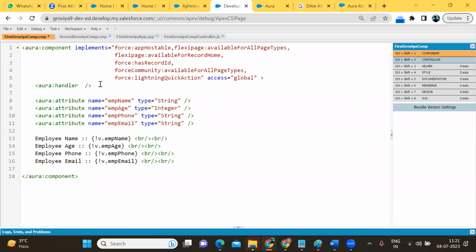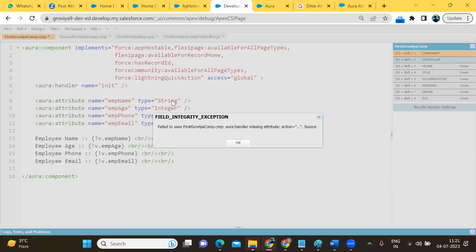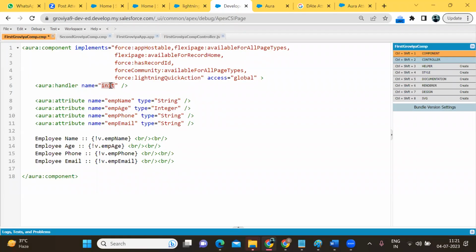One attribute is mandatory to enter, so I'm entering name. There are three mandatory attributes: name, value, and action. Name should be init, value should be this, and action should be